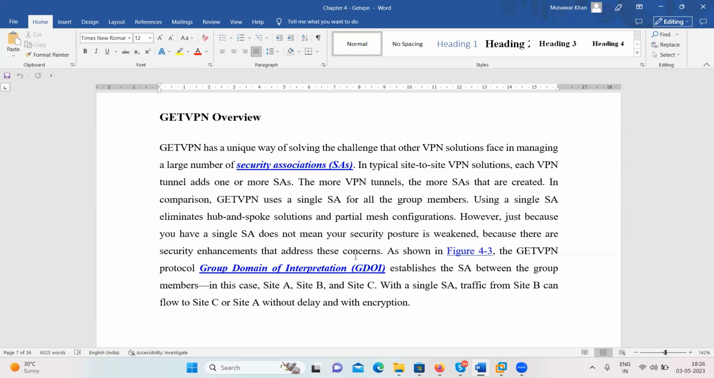So here we are talking about the benefit comparison with others. First of all, it has a low overhead because it is tunnel-less. Secondly, it also gives you data confidentiality and integrity over an MPLS network. And whenever there is a large number of security associations,